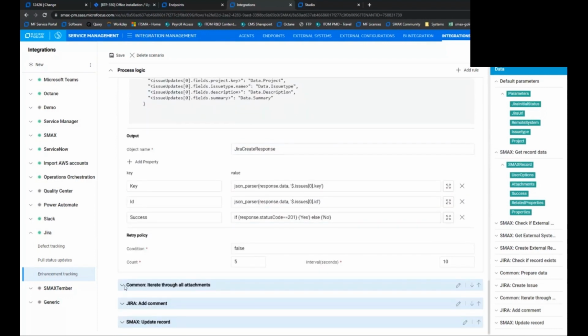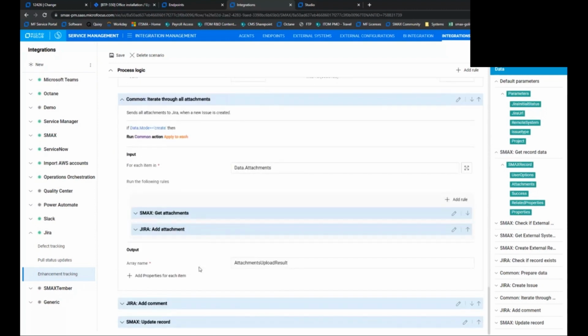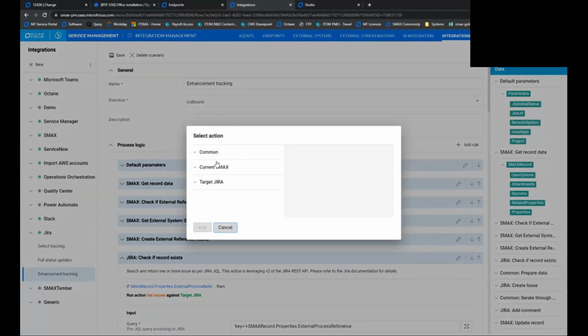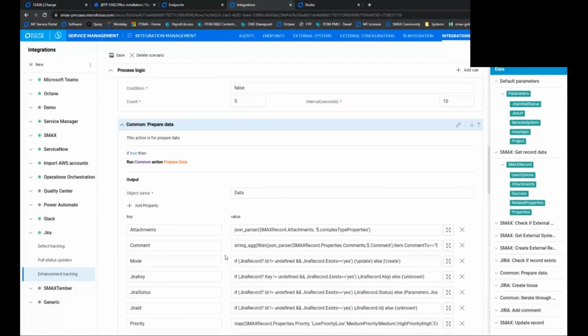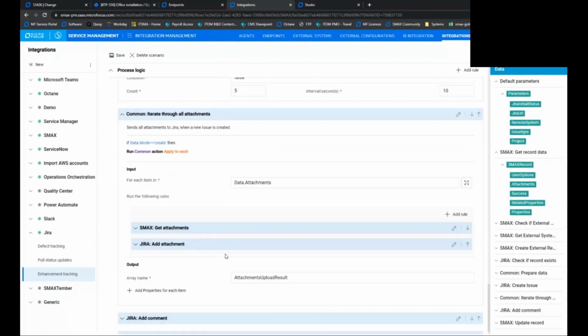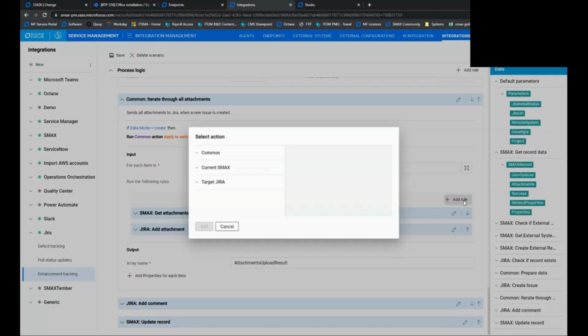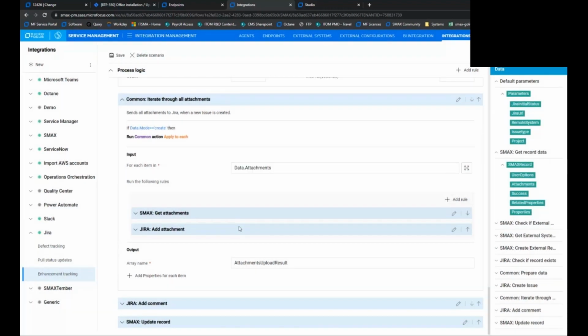And then at the end, one more thing. For Jira, we also send all attachments across. And here I'm using the iterator function we have available in the integration engine. So the iterator function you can add to your logic in the comment section, apply to each. And then when you use that, you can loop through JSON arrays. Data.attachments is the JSON array, and in this case, you can add roles into the loop. You can loop through an array